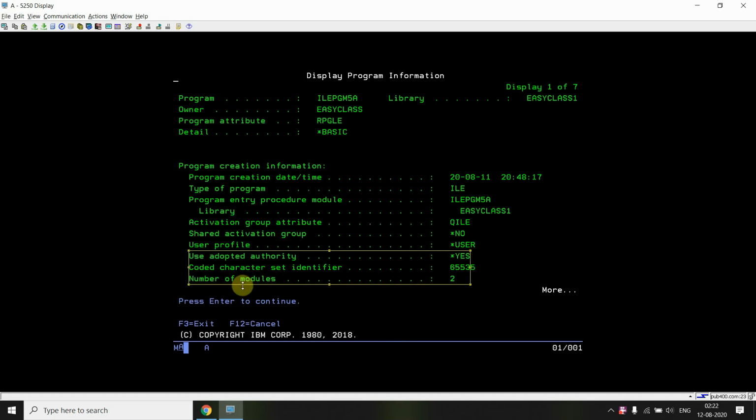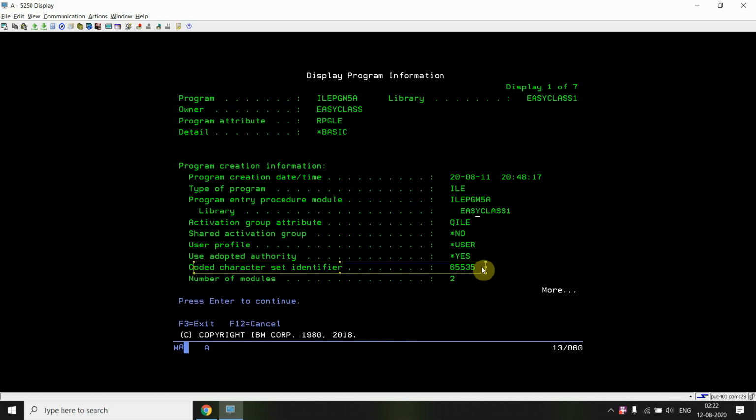This is the CCSID, coded character set identifier, which is set as 65535 for now for this job. And this is the program entry procedure module. So at first this program will be called, because this is a program entry procedure module.